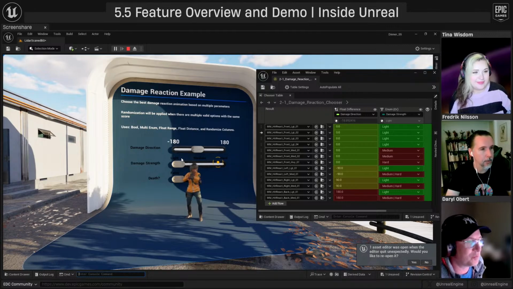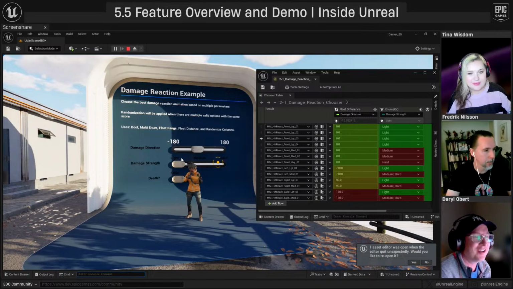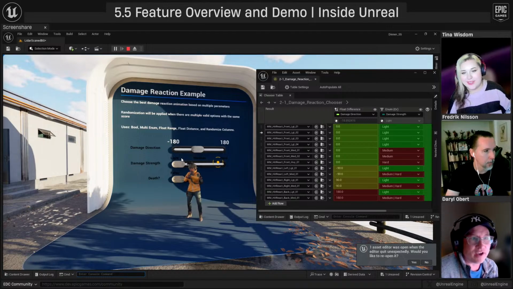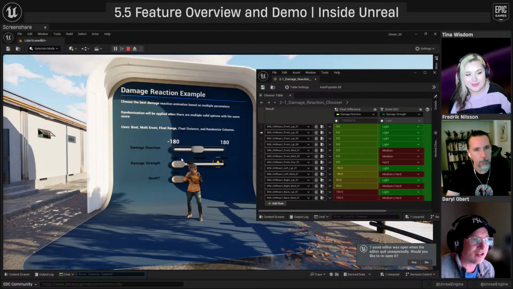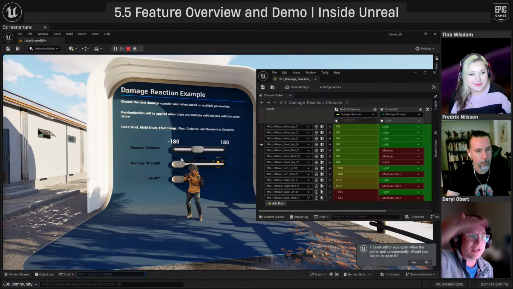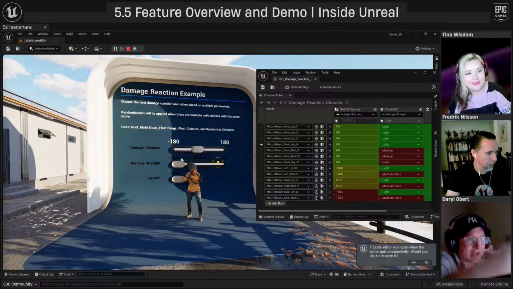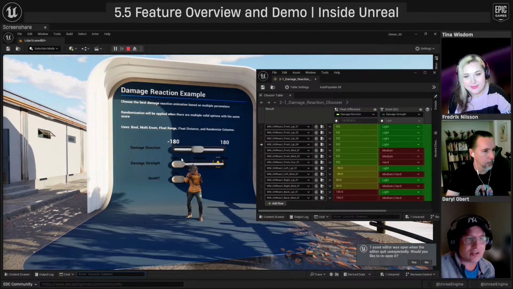All right. So before, I somehow made a window go into a position that I couldn't shrink back down. It's the same window. So I basically pulled up the chooser table that's showing the damage strength right now, and I have it in a debug mode. This is new in 5.5, the ability to actually see these clips in this debug mode as they're triggering. You can see that little arrow just going through, and I'm sitting on the trigger spot that's making it hit between these different animation takes for damage light, right? And you can see all the color coding that's also on the two columns to the right there.